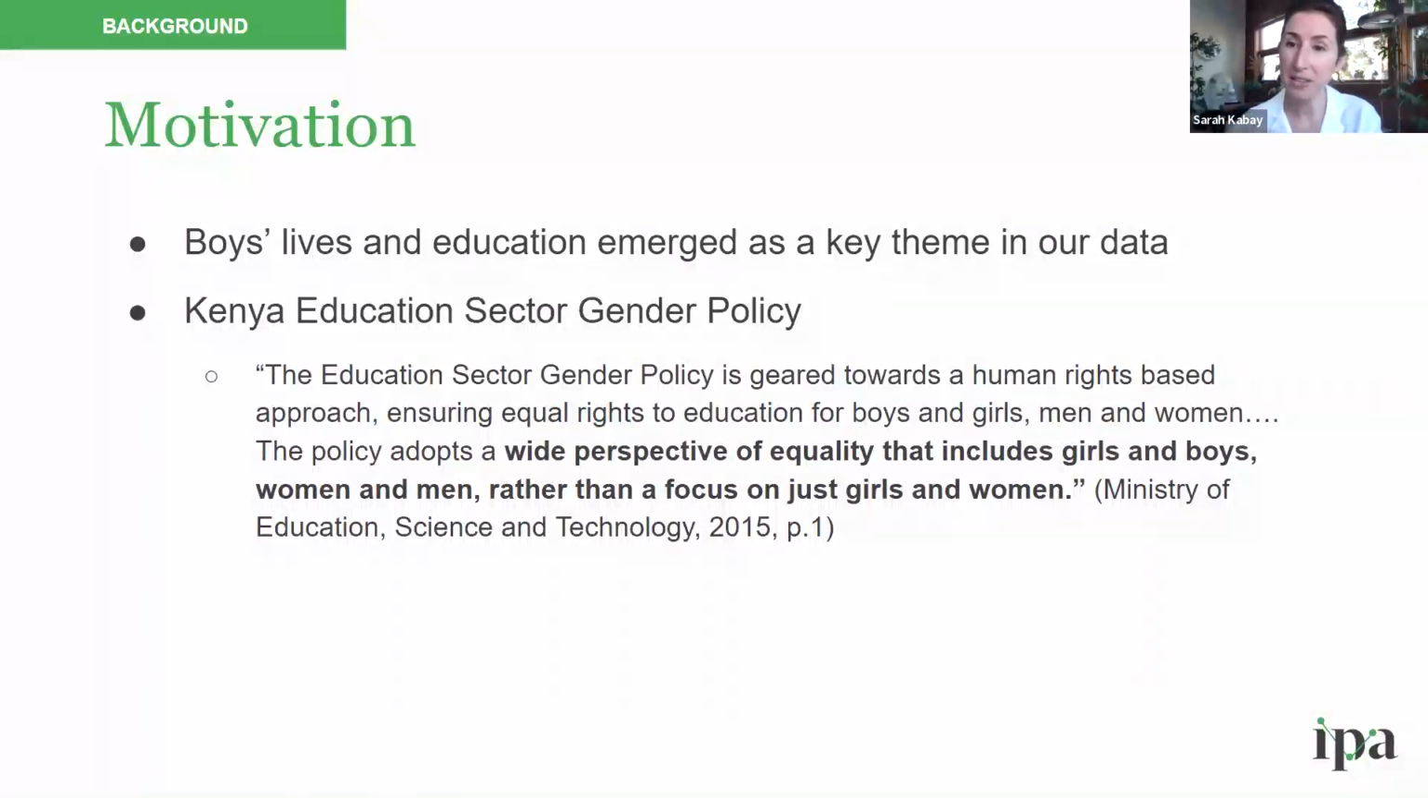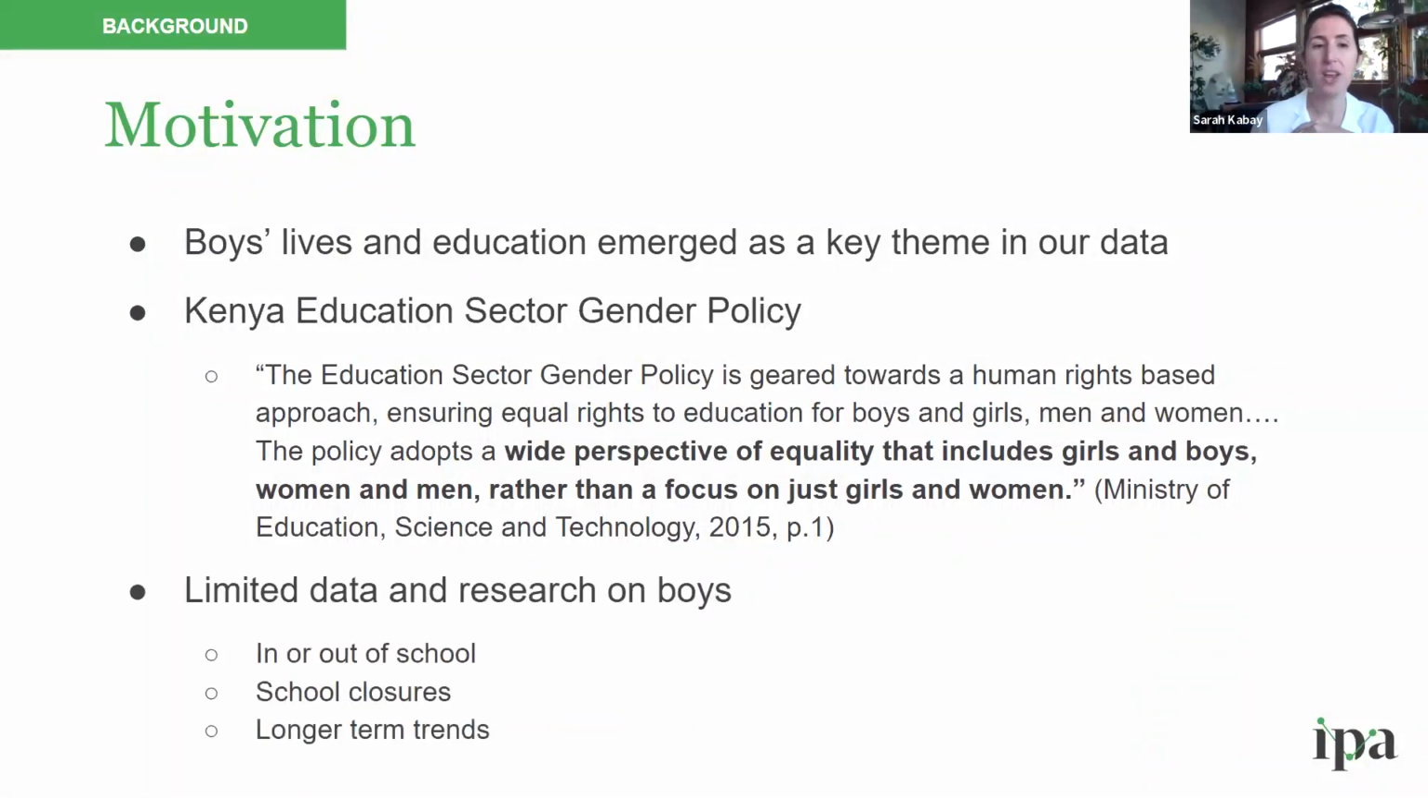But being involved in some of these conversations and presenting available research, a number of different stakeholders have recognized that we have limited data and research on boys. And this concerns their lives both in and out of school. This addresses the school closure period and longer term trends. So there really seemed to be this demand and interest in understanding more about the perspective of boys' lives and